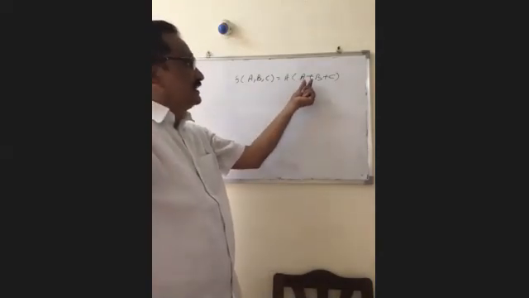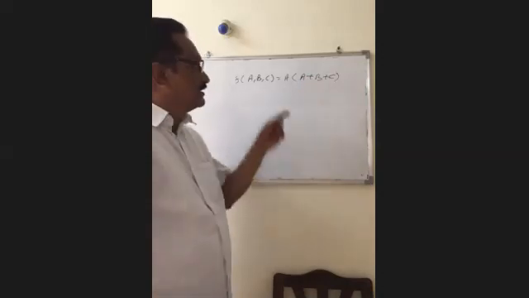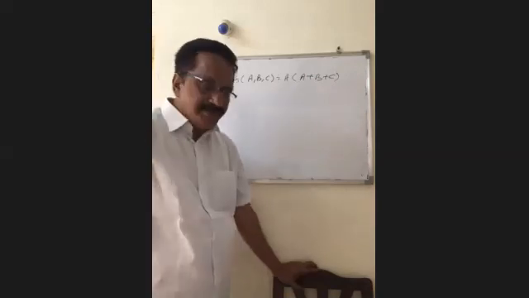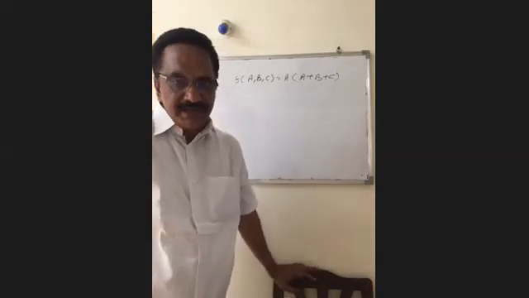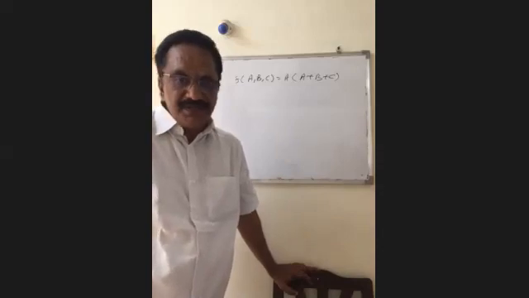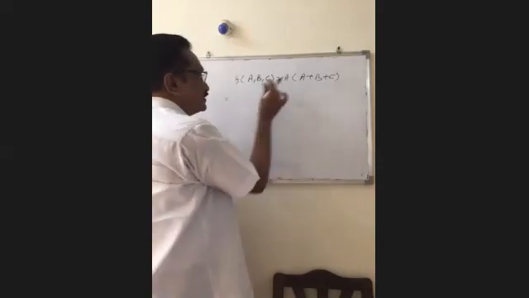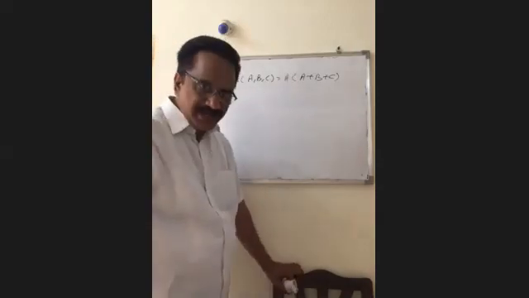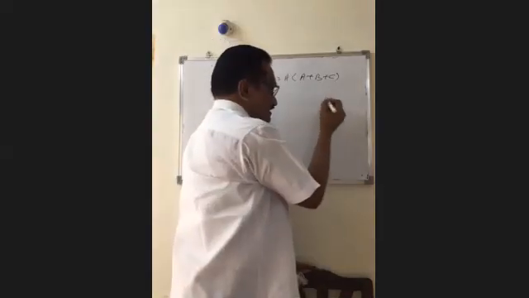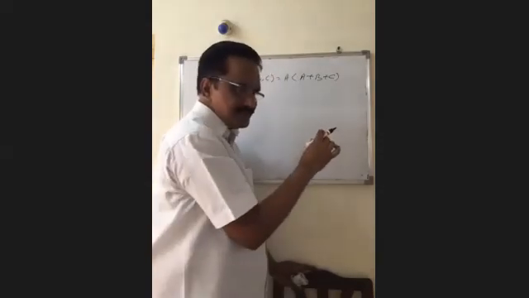One sum term is A plus B plus C. In that one, all the variables are present. The second sum term is A. In that one, two variables are missing, B and C. In the case of sum terms, write it as two variables are missing, same as the previous one. In the case of product terms, it would be B bar C bar, B bar C, B C bar, B C.